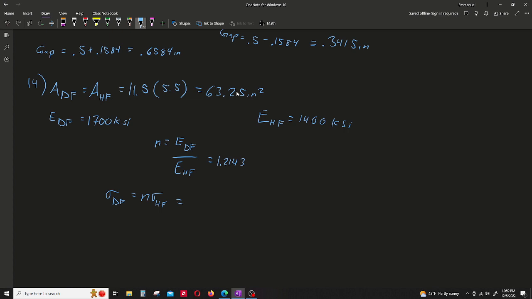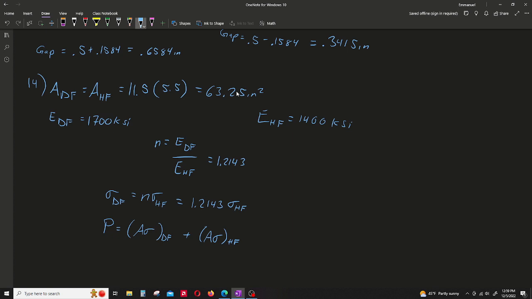We already know our n value, so that would be 1.2143 times the stress for the hem fir, and then P is equal to the area times the stress for DF plus the area times the stress for HF,